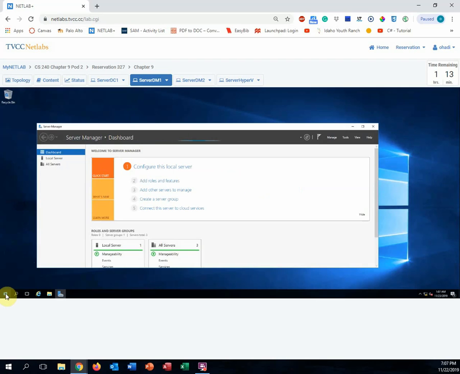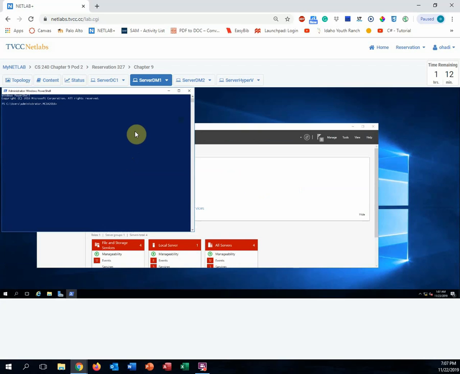So now I need to click the Start button, go to PowerShell, then install Windows feature Hyper-V. I have to make sure to include all management tools, and then restart after that. So now it's collecting data, then starting the installation. As soon as we do that, I need to go to server Hyper-V,